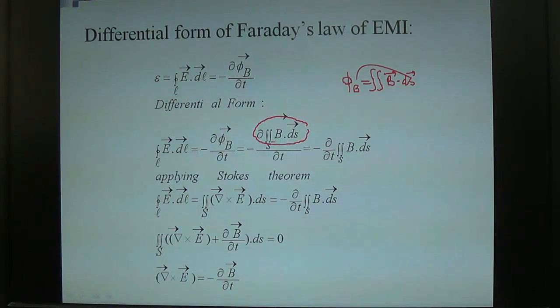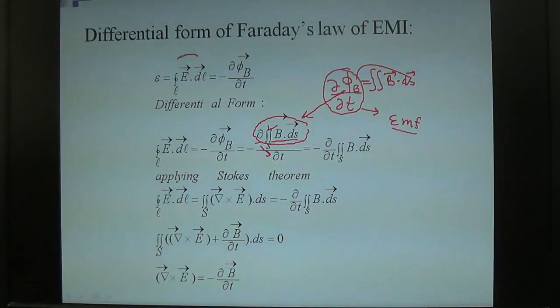This b dot ds with open surface integral is for the magnetic flux, and the rate of it, d upon dt. If I differentiate it with respect to time, it means the flux is changing, and because of that an EMF is produced inside the current loop,